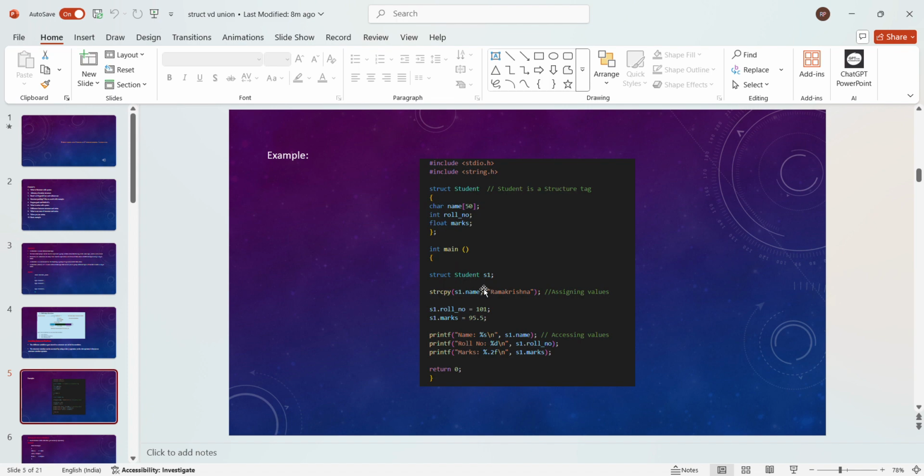Then accessing the values by using the dot operator, we assign the student to s1, and then we print the name, roll number and marks. Here the name is Ramakrishna, the roll number is 101, and the marks are 95.5. This is the output. This is the basic example of a structure. Okay,